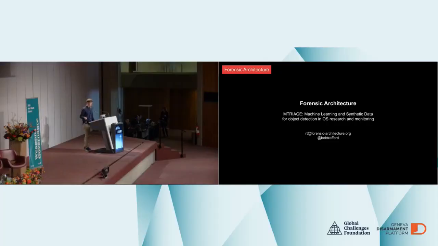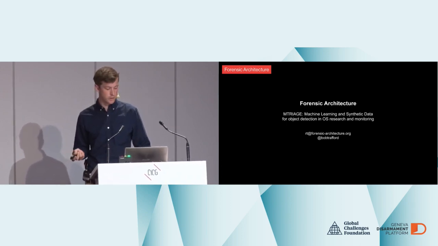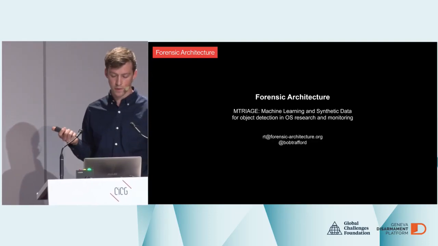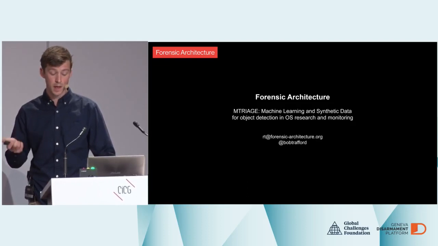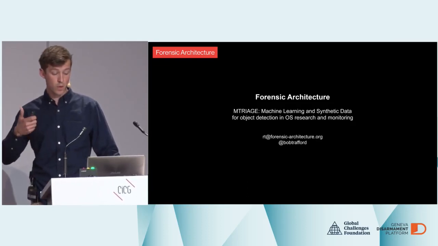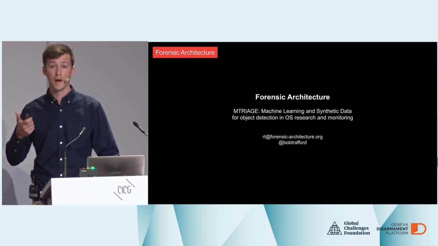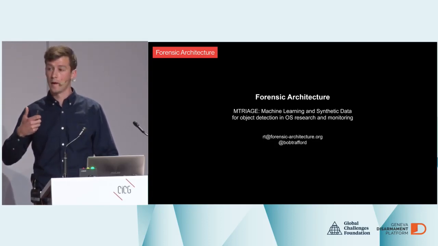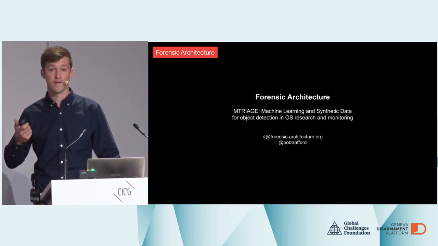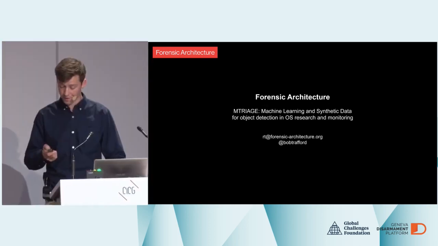Okay, so I work for an organization called Forensic Architecture. We're based at Goldsmiths, the University of London. And I want to talk to you today about two things. That's a mechanism for deploying machine learning-based image classifiers to open source media, and a pipeline for developing new computer vision classifiers using synthetic image data that we can use to almost predict the monitoring situations of the future, to use image-based classifiers to find the objects of human rights violations much more quickly than human researchers are necessarily able to themselves.